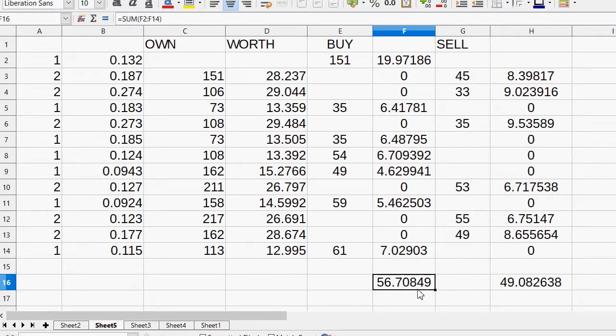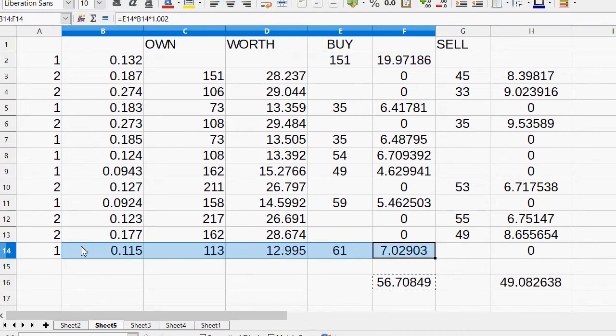The sum of the buys would have cost 56.7. The sum of the sells, 49.08. The differential is less than 8, or 7 2/3 or so, which means that's your profit so far. You would have started with 20 Ethereum worth of an asset in Ethereum, and then you would have 20 Ethereum worth of an asset in Ethereum Classic,